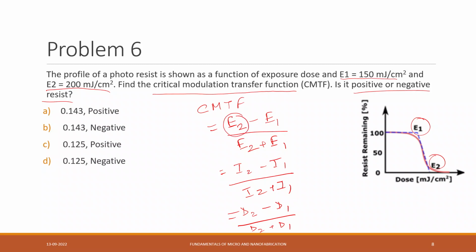So here it is E2, when the resist remaining is 0%, and this is when it is 100%. This is essentially the same, and I think these are mentioned in different terms. I think in lecture it is mentioned in this format. Essentially, we can see that E2 is 200 minus 100 and